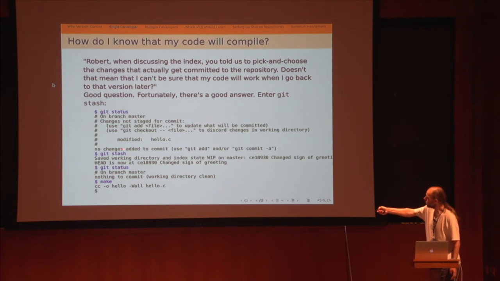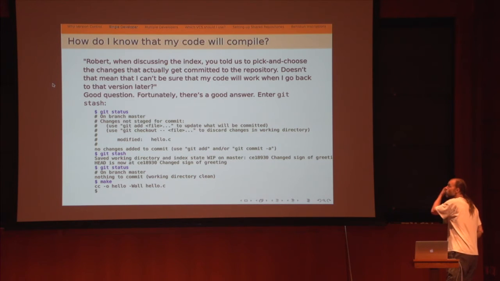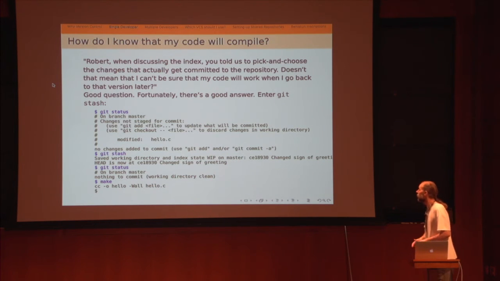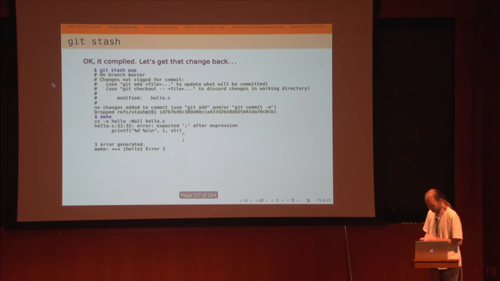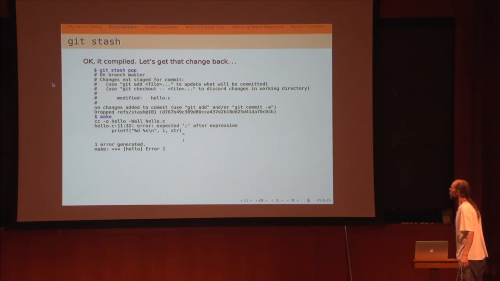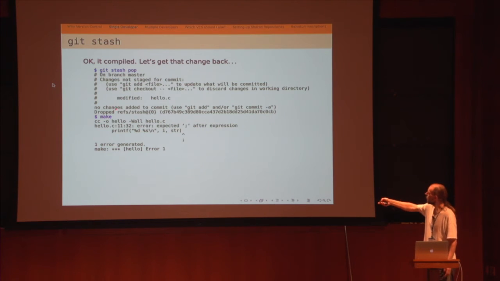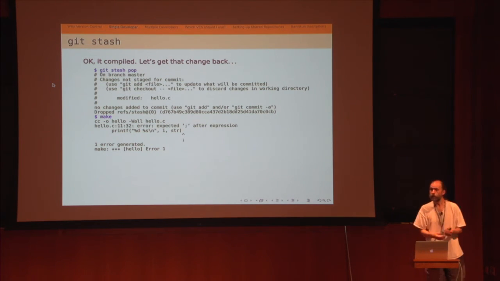And now I've got nothing left. So this essentially says, take all the work that I've done and not told Git about, and save it away. And then I can run the code, I can confirm that it actually compiles, and I can get it back. I find this a weird word for it, but it's what they call it. Git stash pop, I get my changes back, and sure enough, when I try to compile it, it doesn't work. So this is a very convenient way of cleaning up, of saving changes.